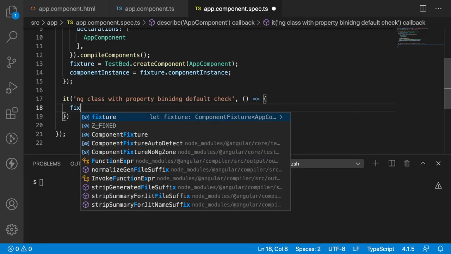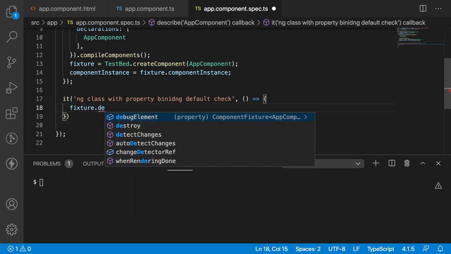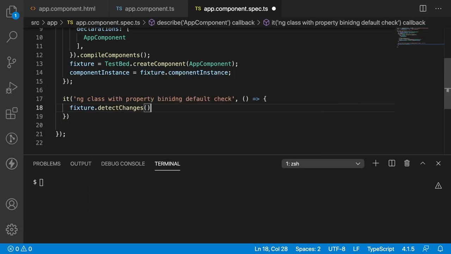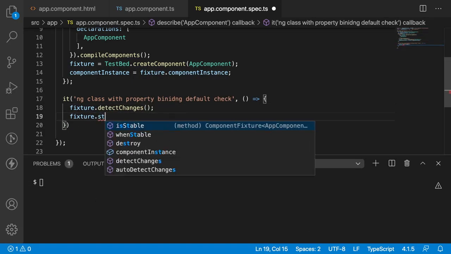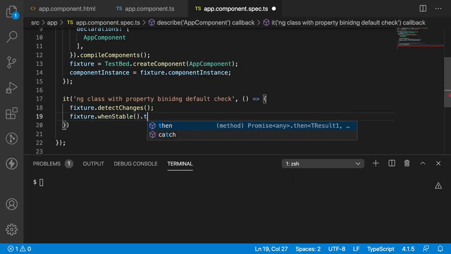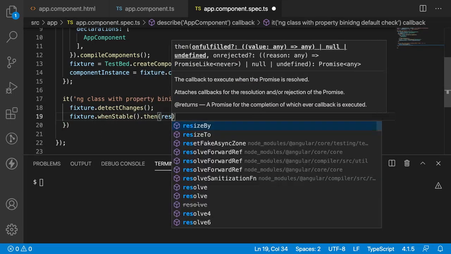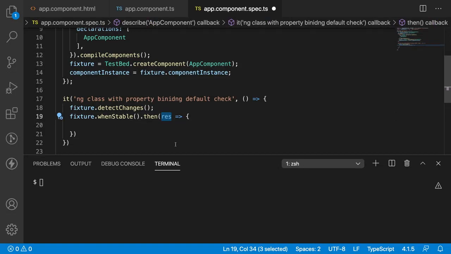So here, fixture.detectChanges. Let me detect the changes, and once the fixture is stable, whenStable, it's a promise, then a callback. In this callback we will get the element by using its ID.